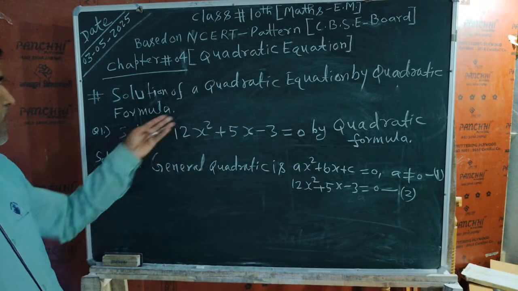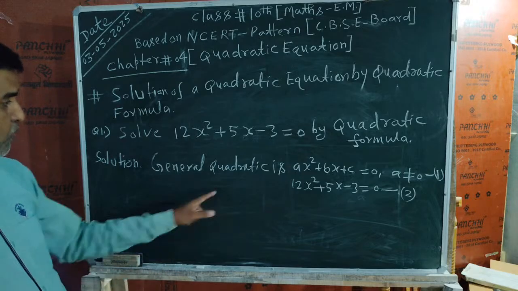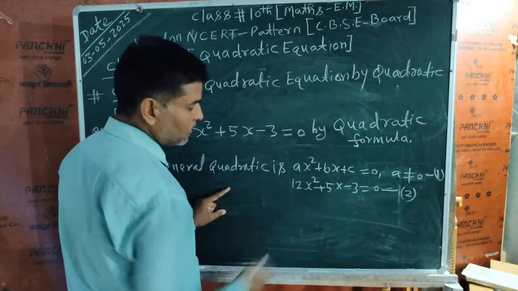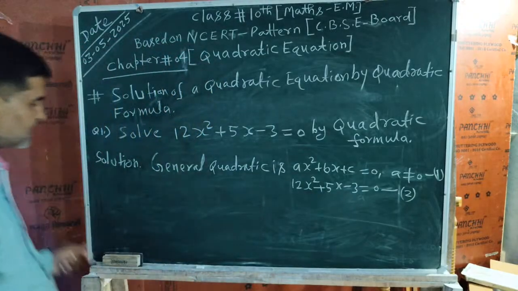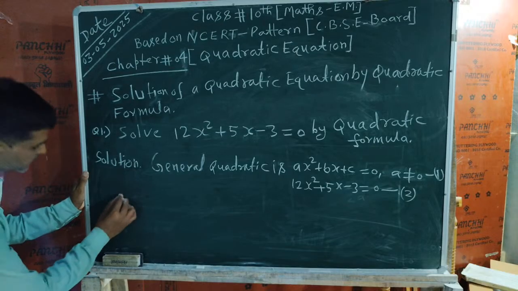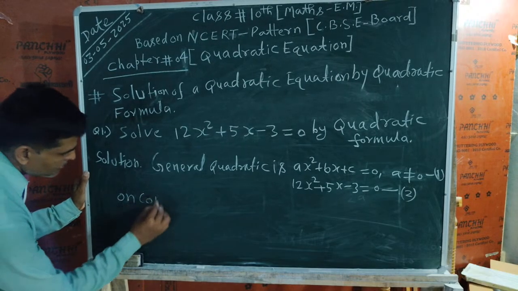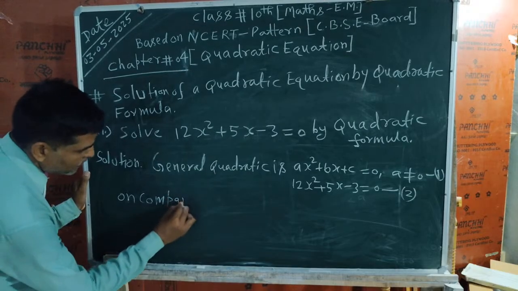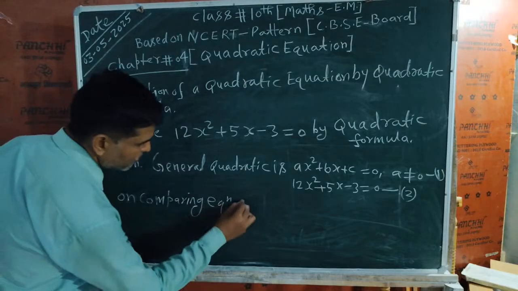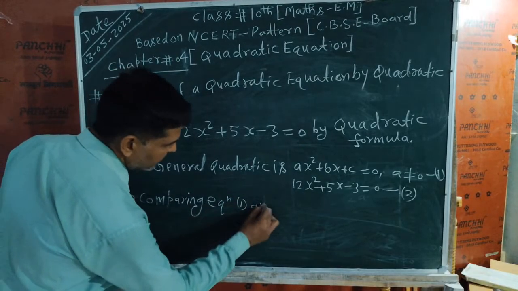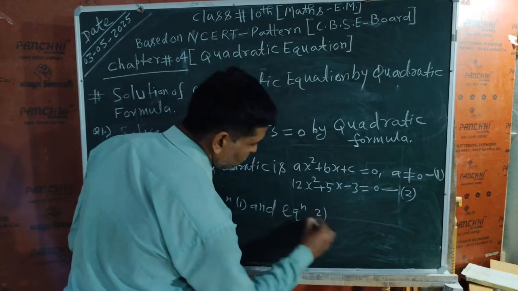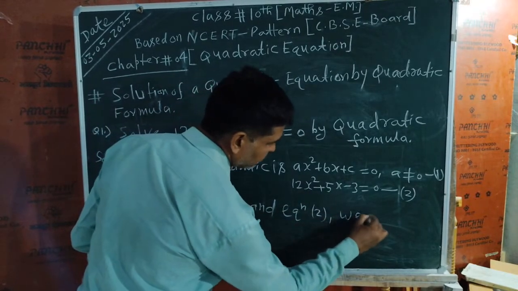Now I have to use the formula. So first of all I have to get the values of a, b and c by comparing. Now here I will write a statement: on comparing equation 1 and 2, we get